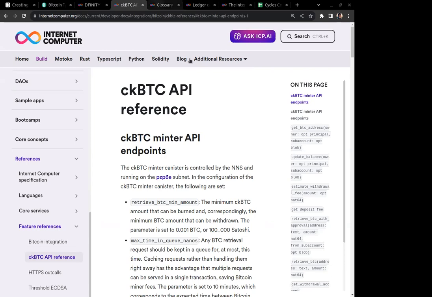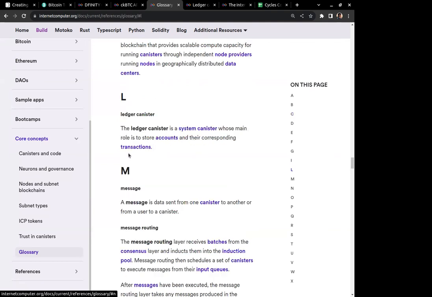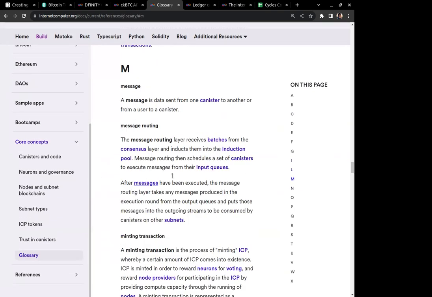But there's also something that's called a ledger. A ledger is a system canister whose main role is to store accounts and their corresponding transactions. So we have a ledger canister that actually exists on the Internet Computer blockchain, actually in all blockchains. And then we have something that's called